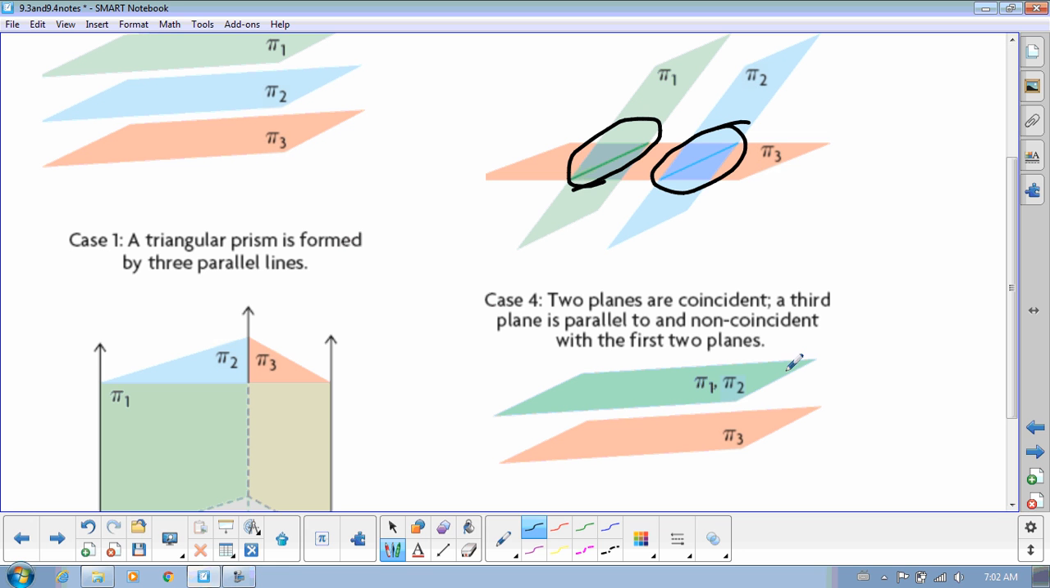Now case 4, I'm going to skip case 1 for a second there. So case 4, these planes are the same. So the normals, or they're not even normals, they're scalar multiples. And then this here would have a different